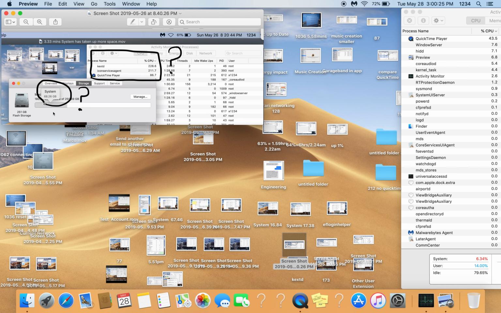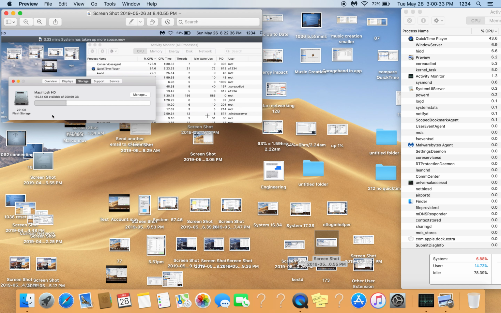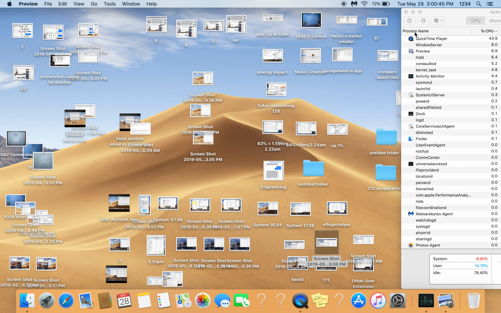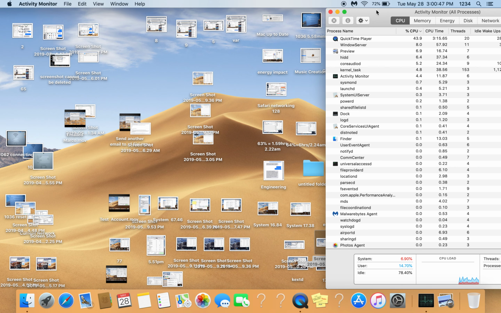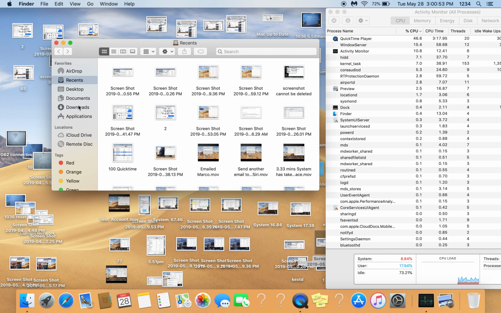I showed system as 68.26, and this is icon service agent 173.9, again May 26th. Now I've deleted Malwarebytes. Apple suggested that I download and run it, and